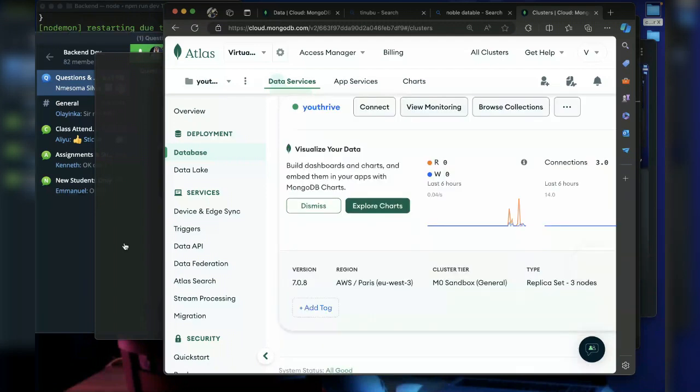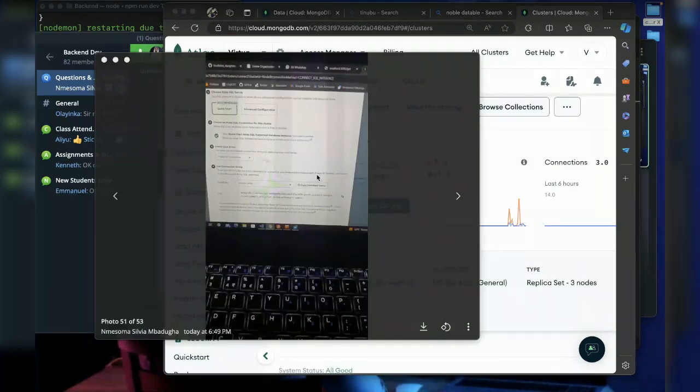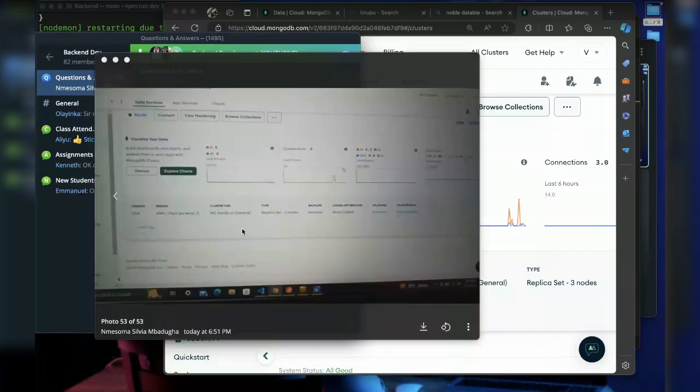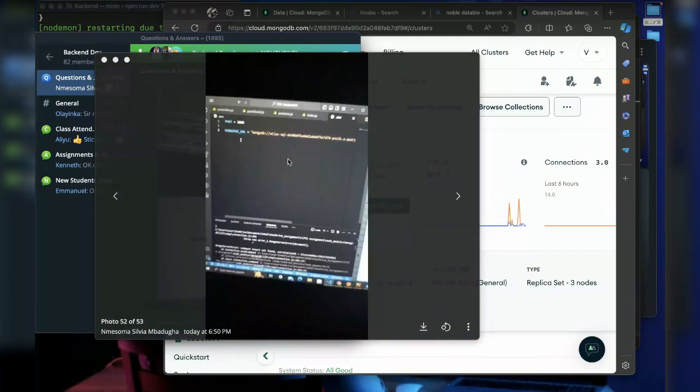Trying to understand. Let me come back here again. What is this? Is cluster connected, cluster UID. Oh, sorry. I think, okay. Yes, this is it. You click on connect. This is it. And here,